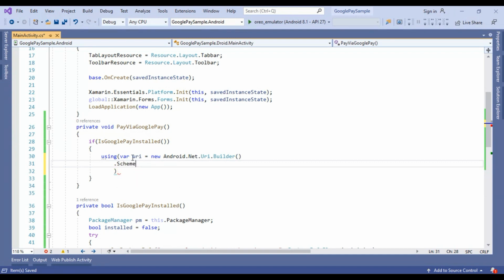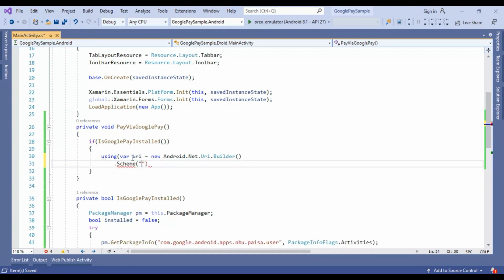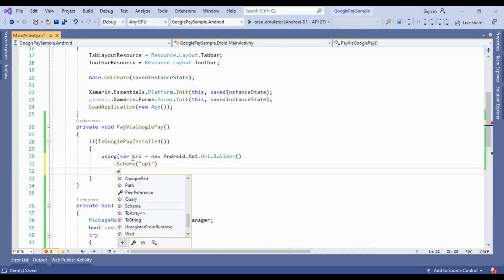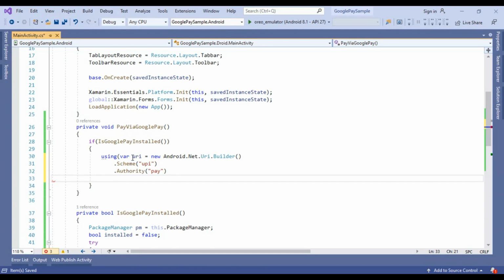Dot scheme, and the scheme is UPI, and another parameter is authority, and we are passing the authority as pay.